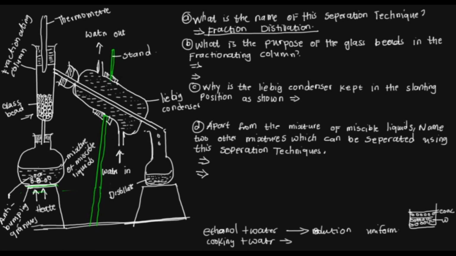So let's assume the ethanol is coming as a vapor. Now sometimes it may rise with some water vapor. So now the beads here are made to allow only ethanol to pass through, but in case there is some water vapor, that water vapor must be condensed back into liquid so that it goes back into the solution. So therefore we can say the importance of glass beads is to allow